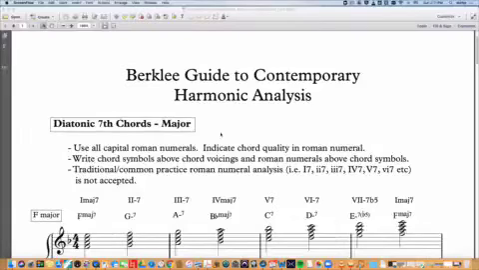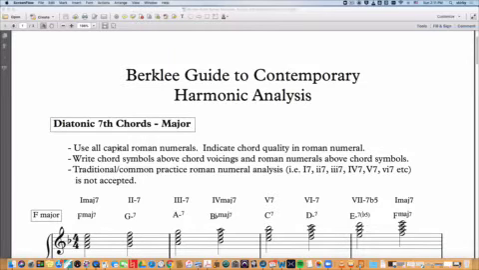This video is describing the contemporary analysis practices and protocols used at Berklee College of Music. It's very important, if you're studying in a situation where you need to use this analysis, that you follow these protocols precisely. Otherwise your analysis will be unclear or perhaps unable to be used in a productive way, because your teacher or your collaborators will not know what you are trying to say or what you're trying to express